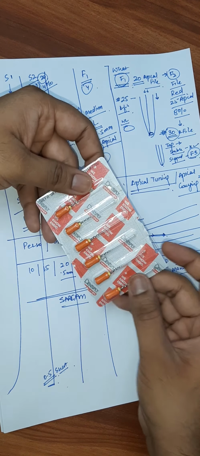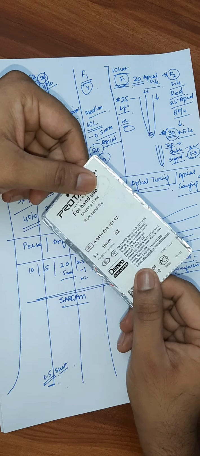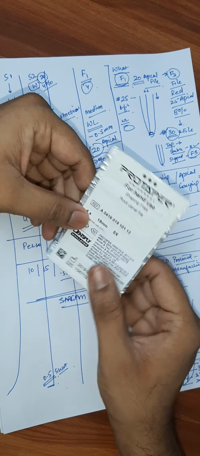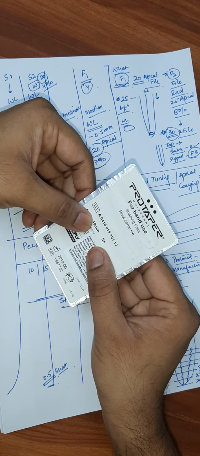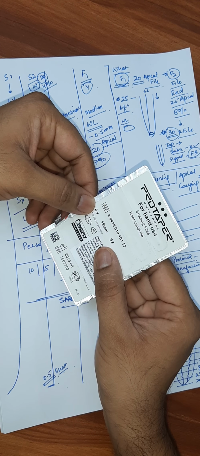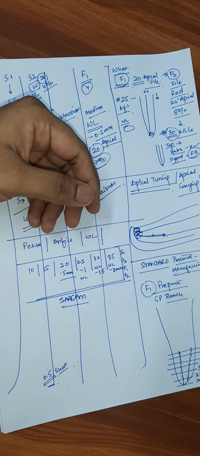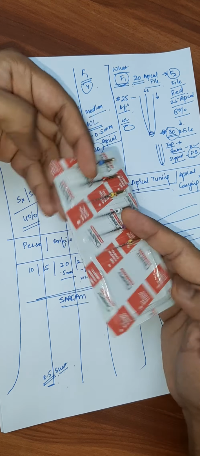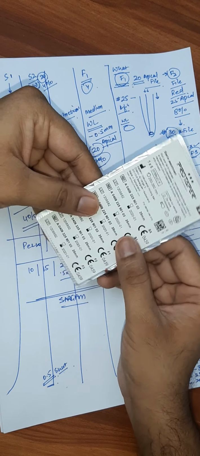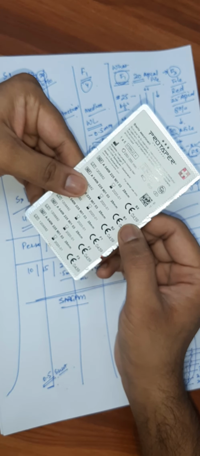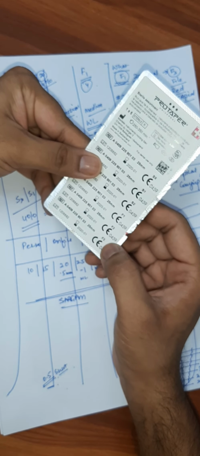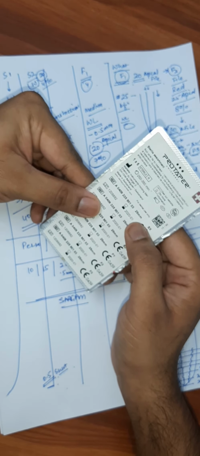If you want to buy in bulk, you can get these kind of refill packs. They have all the details, their lengths, and how many files you will find in a case. If you already have purchased a rotary system, then you will get this kind of learning packs. This gives you the SX file, S1, S2, F1, F2, and F3. Their length is written here.